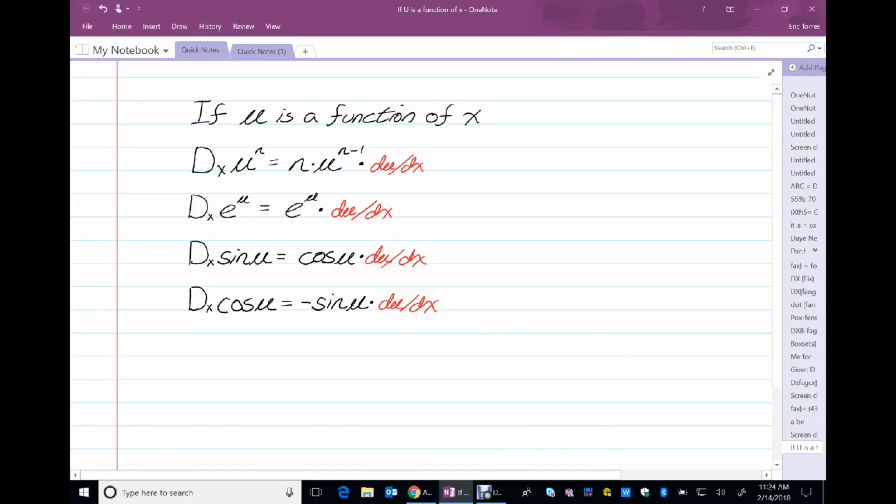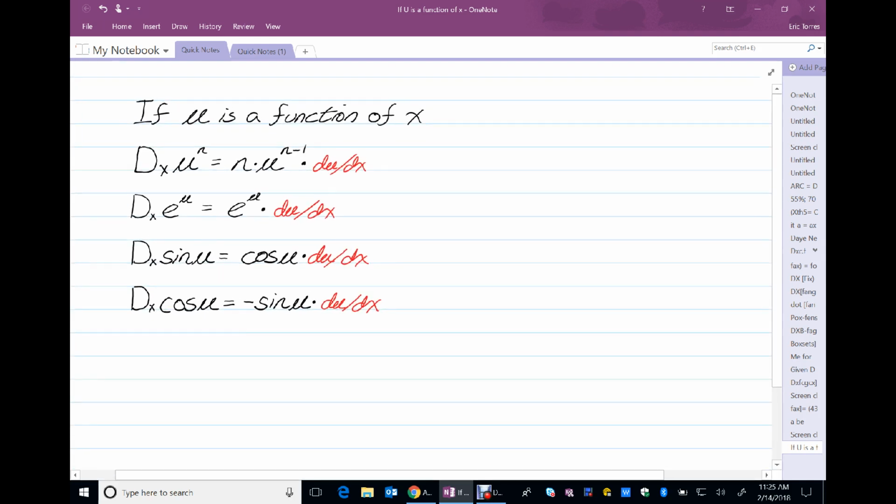Okay, from our last section, using U substitution for the chain rule, we can list out a couple of derivative properties where U is a function of X. So we've been talking about how this works. What's important to recognize is that U is a function of X can be written this way,